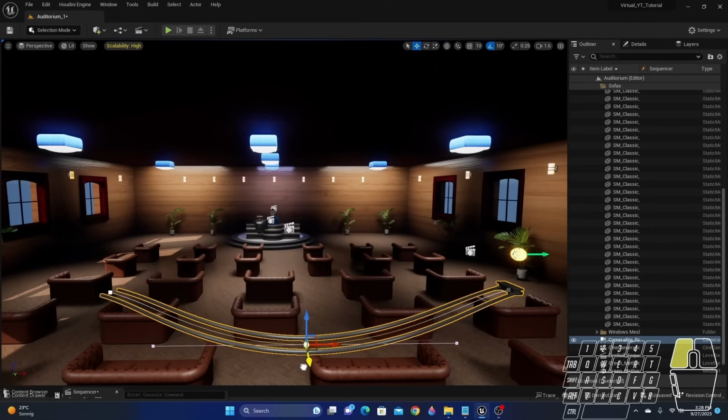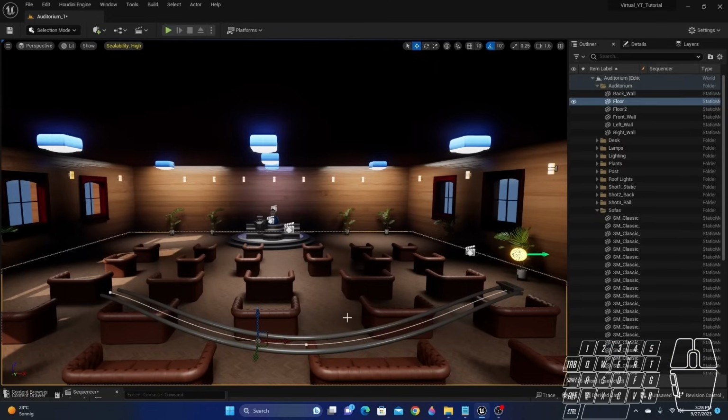Okay, and I think that is sufficient. I think, yeah, this curve is sufficient, and then